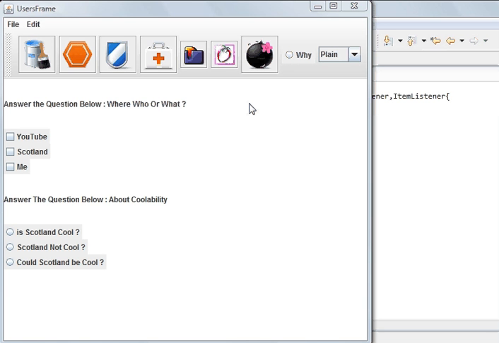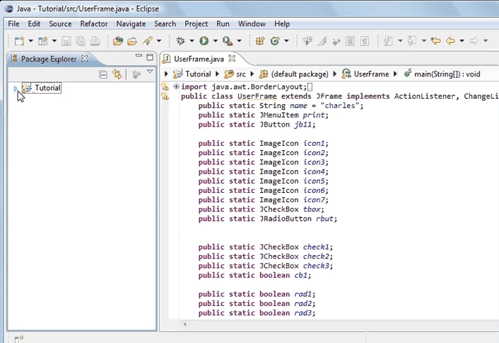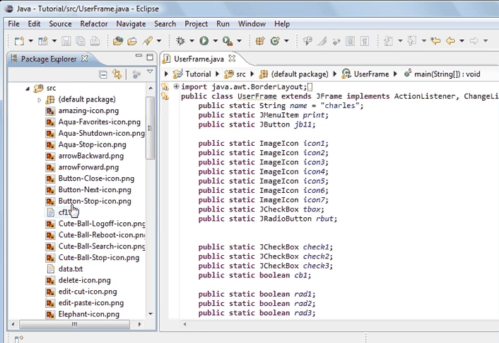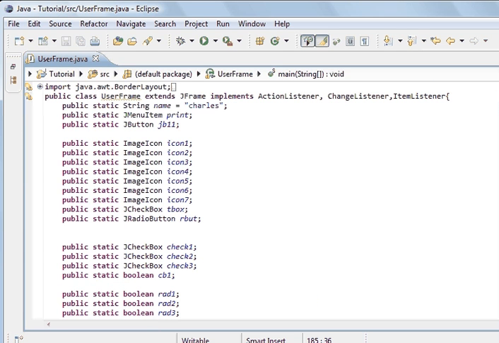What we're going to be looking at is JLists, and a JList is something like this here, where you can have a whole list of things. So you can use it for files and directories, and we'll look into that. But first, I want to introduce you to JList, and so what we're going to do is